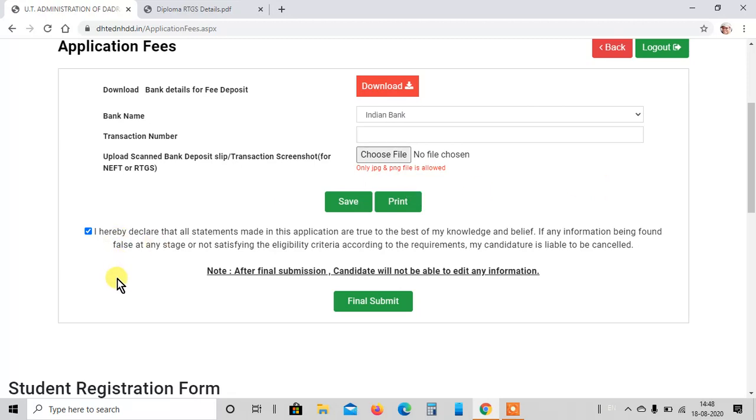But this is not it. We need to finally submit this application form. So unless you hit this final submit button, your application will not be submitted. So make sure that you give appropriate details, verify the details with the print, and then hit this final submit button.